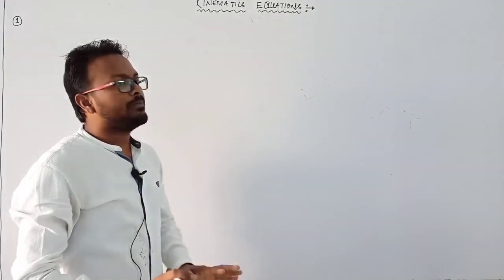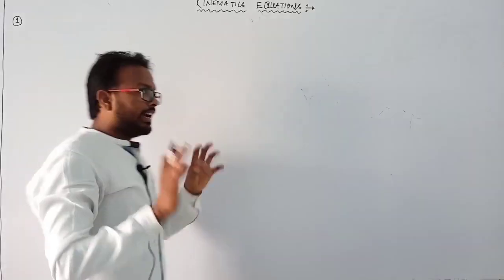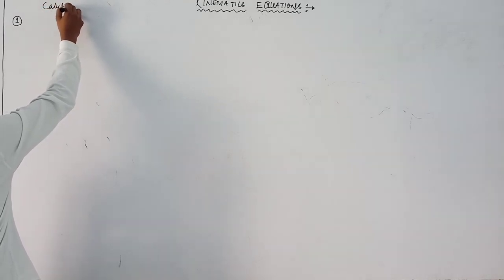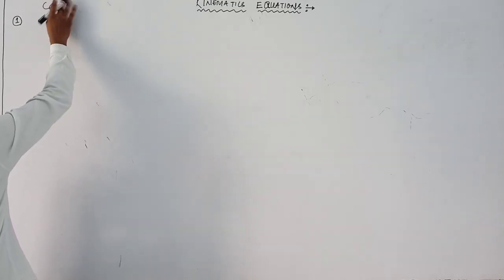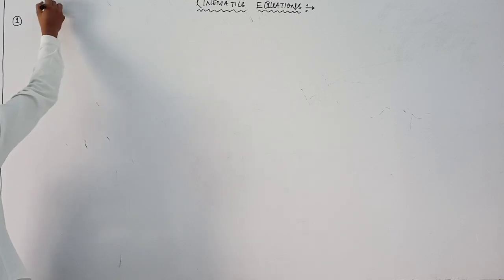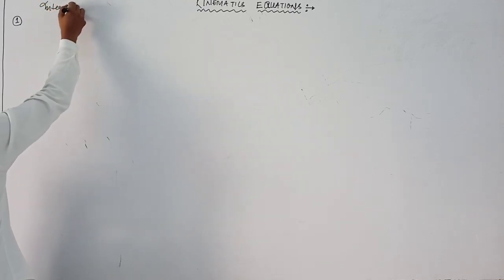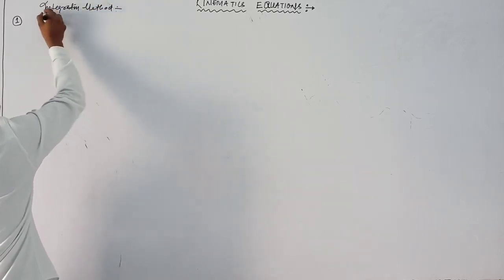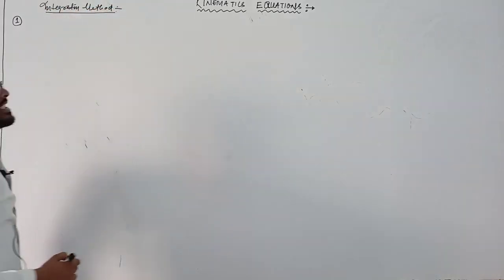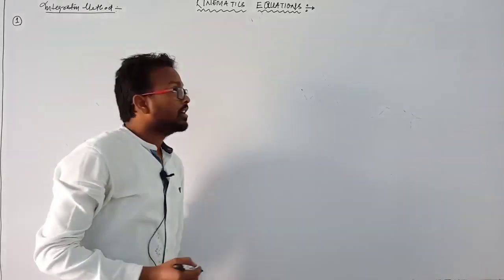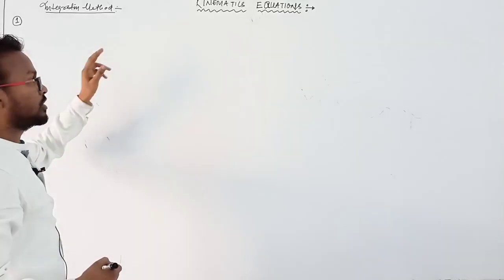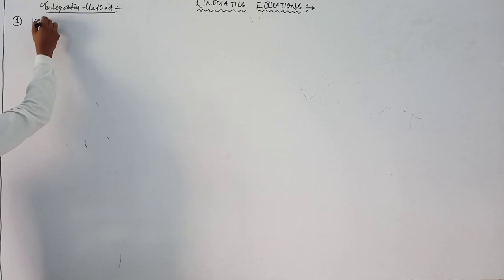We will derive here 4 kinematic relations by using the calculus method, or integration method, we can say. Kinematic relation or equation of motion or kinematic equation in calculus method or integration method, we already know 4 relations. So first kinematic equation